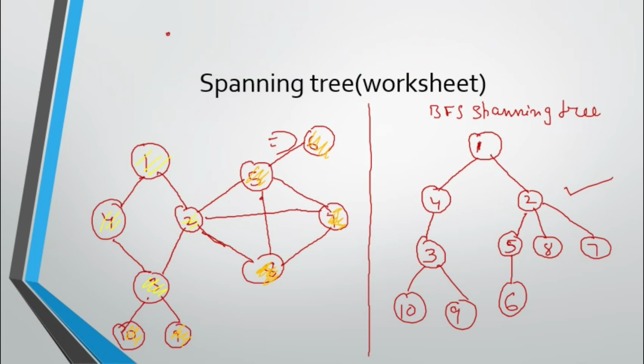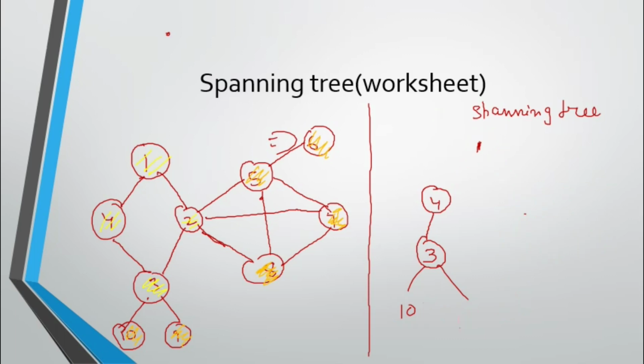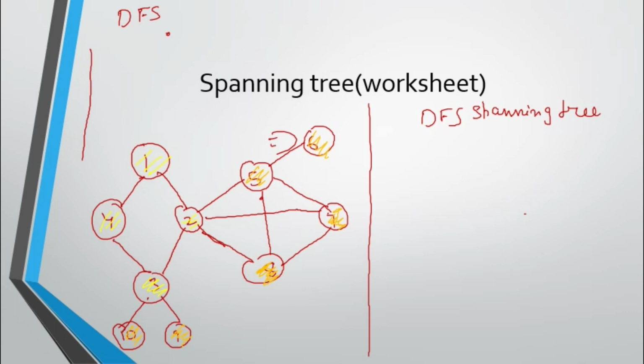Okay, and after that we will remove this tree. Now in this place where the BFS spanning tree was, we will do the DFS spanning tree. Our output will be written here, and we can make our stack here. Now we need a stack, because DFS makes use of the stack.